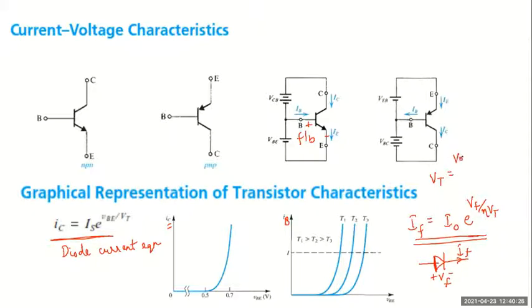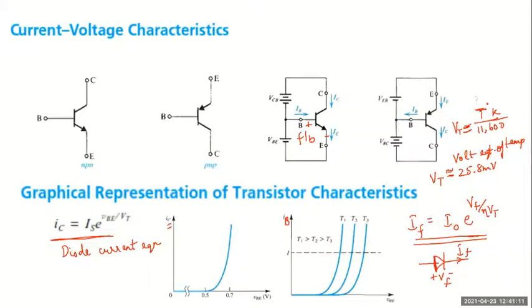Volt equivalent of temperature, we call it as. Please remember all this and please note down. Vt represents the volt equivalent of temperature, and this comes to approximately 25.8 milli, or I can find this out as T in degree Kelvin by 11,600. If I want to find Vt, you just have to take the temperature in degree Kelvin and divide it with 11,600. You will get what is this voltage Vt, which is volt equivalent of temperature.